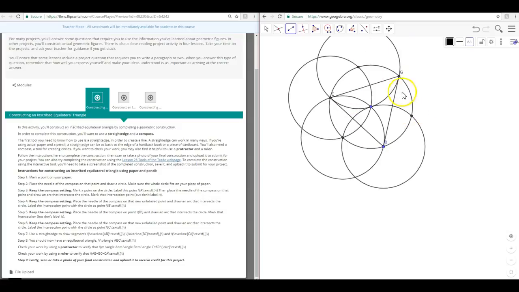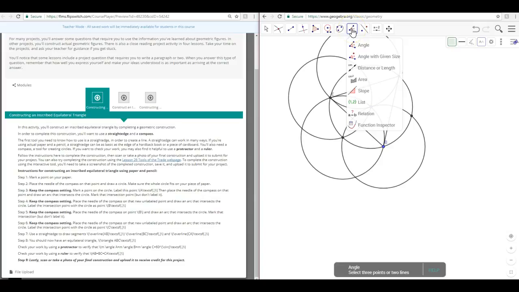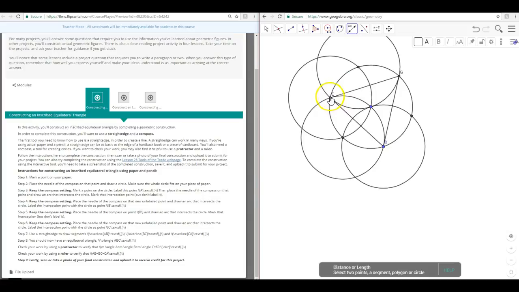now we need to verify the length of this. So we're going to click the 8th one to the right, click distance or length, click point E, click point G, gives us our distance, click G to B, gives our distance for GB, B to E gives the distance for B to E. They are all the same distances or same lengths, and I'm moving them so that I can see my equilateral